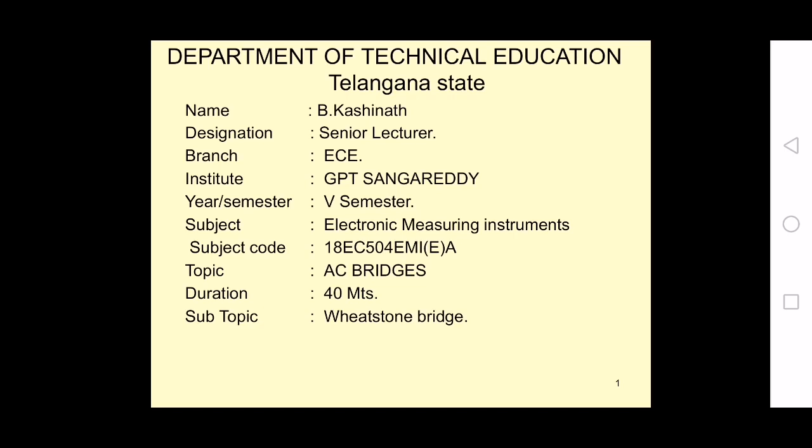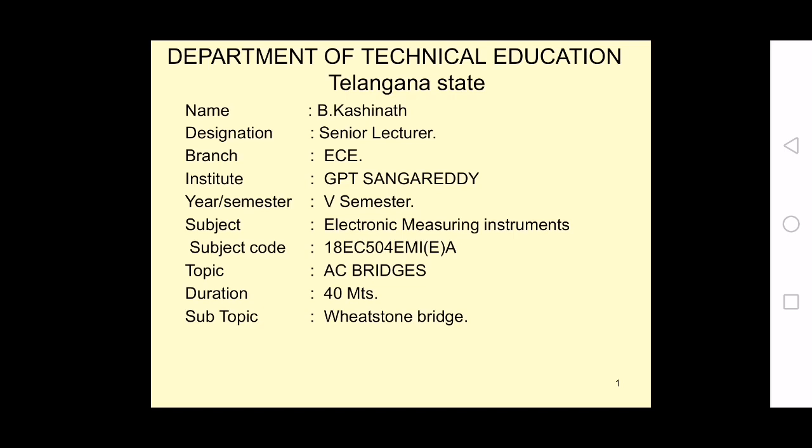These bridge circuits are extensively used for measuring unknown values of resistance, inductance and capacitance. The principle of operation is that the bridge compares the value of an unknown component with that of an accurately known standard component. So its measurement accuracy is very high.